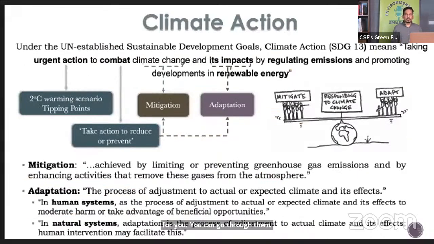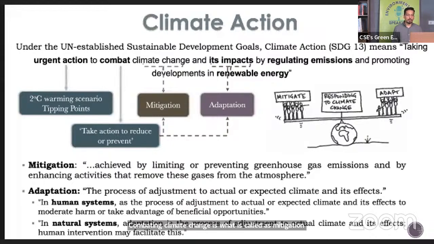After discussing impacts, I come to what is known as climate action and what we must understand about it. It is important to first define what we mean by climate action. And here I've given a definition from the Sustainable Development Goal 13, which says that climate action is taking urgent action to combat climate change and its impacts by regulating emissions and promoting developments in renewable energy. So why is the action urgent? Because a 2-degree warming will be catastrophic and will become so extreme that people won't be able to adapt to the change. Combating climate change is what is called mitigation, taking action to reduce the greenhouse gases.